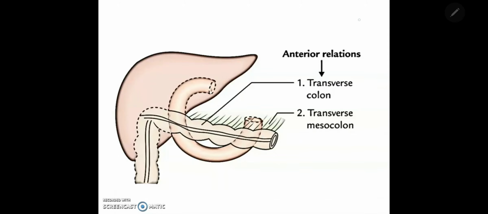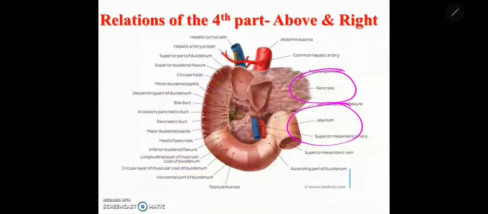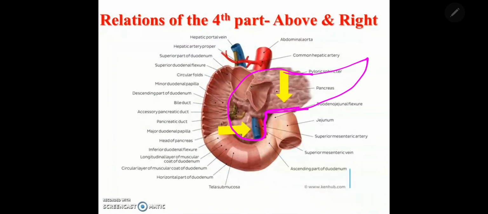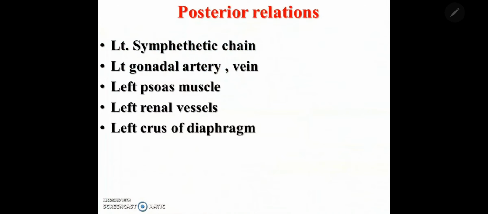So you can understand the relations here, transverse colon and mesocolon, and to the left you are seeing the kidney, and to the right side you are seeing the superior mesenteric vessels origin and also uncinate process of the pancreas. Above it is related to the body of the pancreas like this. This is the pancreas. So above body of the pancreas, to the right side superior mesenteric vessels,